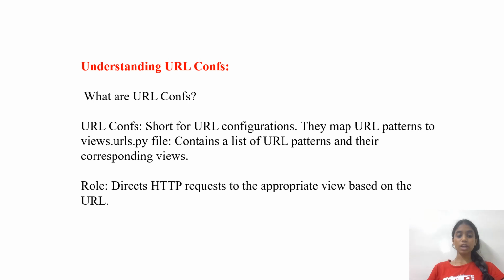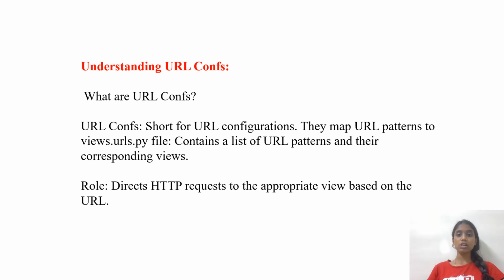Its role is to direct the HTTP request to the appropriate view based on the URL. As I already said, the controller is the one which controls the HTTP request and the response. The URL configurations direct the HTTP request to the appropriate views based